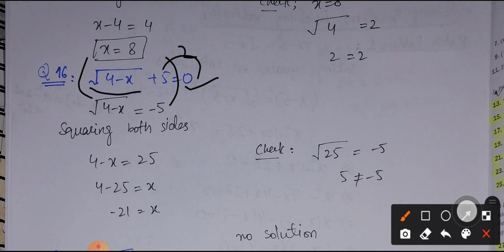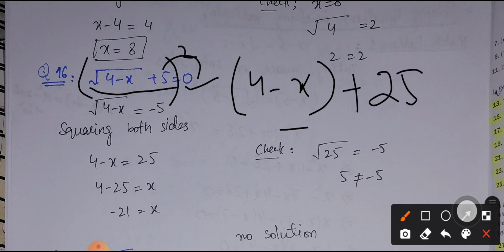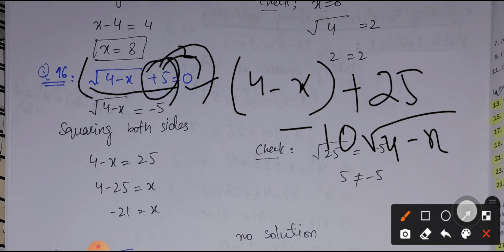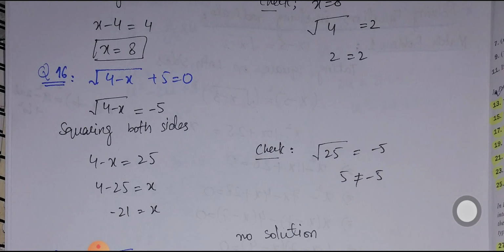But on this we have to apply the formula a plus b whole square, and in that case we are going to have 4 minus x, that is a square, plus b square, that is 25, minus 2ab, that is 10 times the square root of 4 minus x. That is, the square root cannot disappear completely in such a case. Therefore we will try to shift any other constant on the right hand side so that we have only the square root expression on one side of the equation, so that when we take the square, this square root could be cancelled out with the power 2.